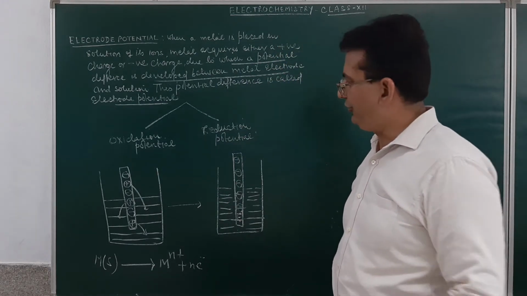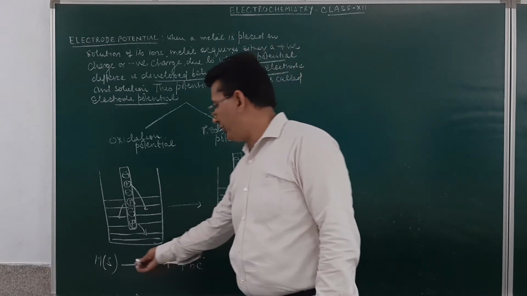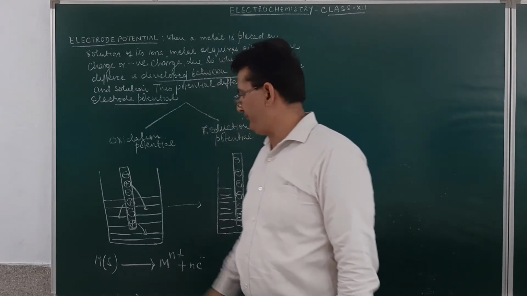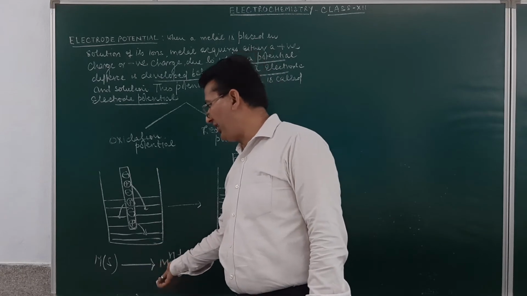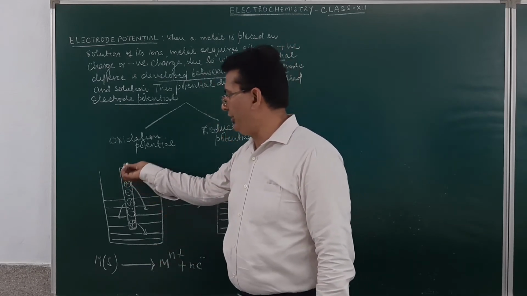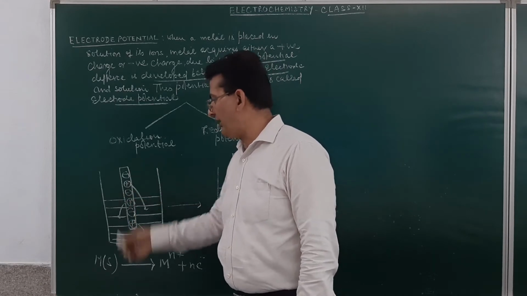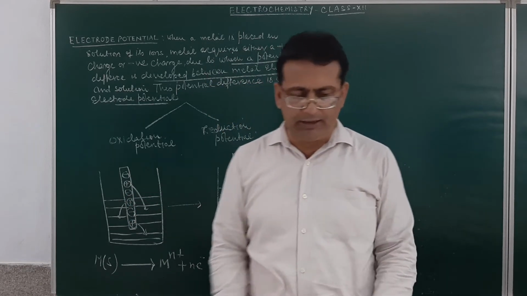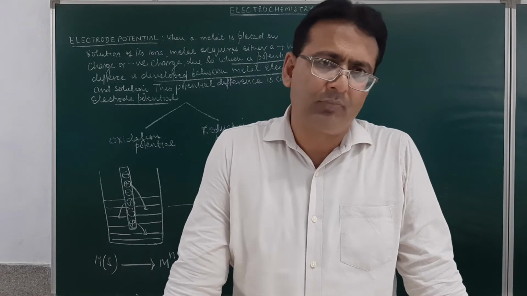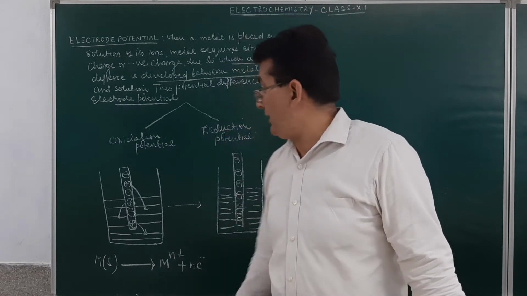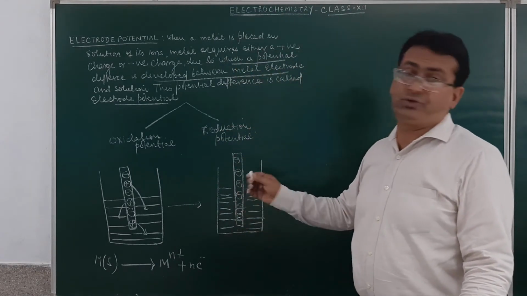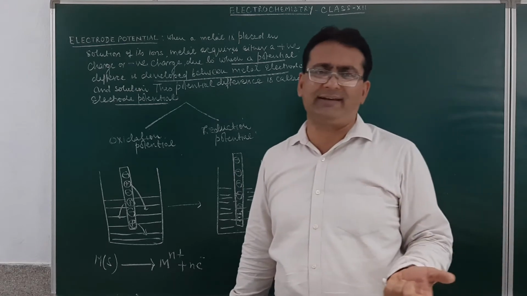During oxidation potential, the metal electrode loses electrons. That means the process of oxidation takes place. This will be losing electrons to the external circuit. Here, from the electrode, the positive ion moves into the electrolytic solution. Thus, there appears to be a negative charge on the anode, although it is losing the electron to the external circuit.